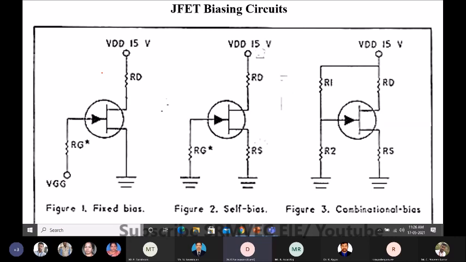So we have seen the operation and construction. With respect to biasing, this is fixed bias. Okay, so fixed means by using a battery supply. Using a separate battery supply we are biasing, so that is called fixed biasing. And self bias, we do just without any battery supply. So actually these both are connected. Okay, so self biasing, its own biasing. And the last one, you can see R1, R2 is there. So the input voltage is going to be divided at the input. We can call it combinational bias, or we can call it voltage divider bias.